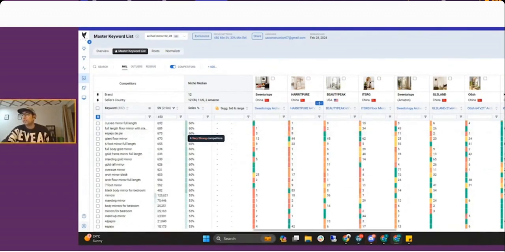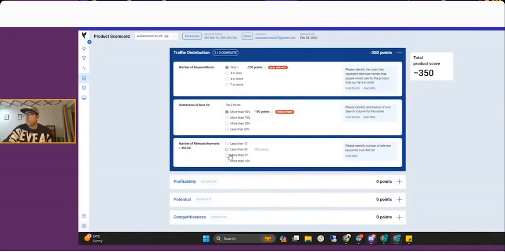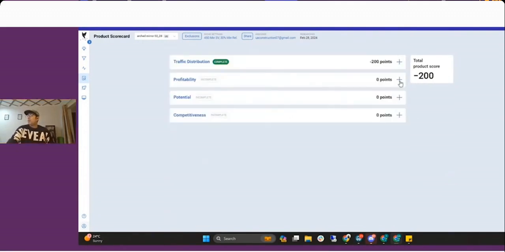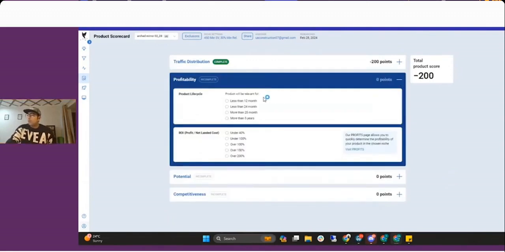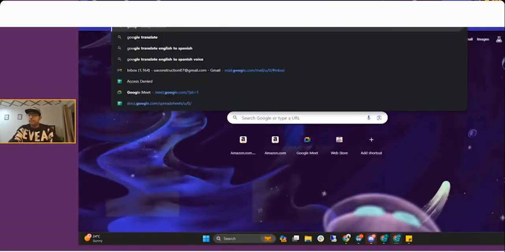So 337 will basically mean that we select more than 100. So we have got some good points over here. Okay, this is done. Profitability. Product will be relevant for, for example, if you are selling a mask, then you will not be relevant for more than 12 months. But this will be more than relevant for 5 years because you can go to Google